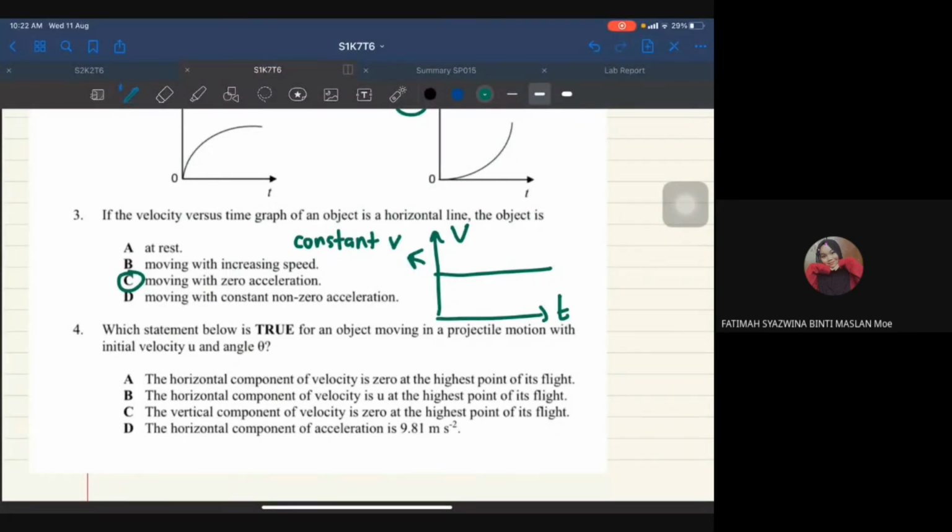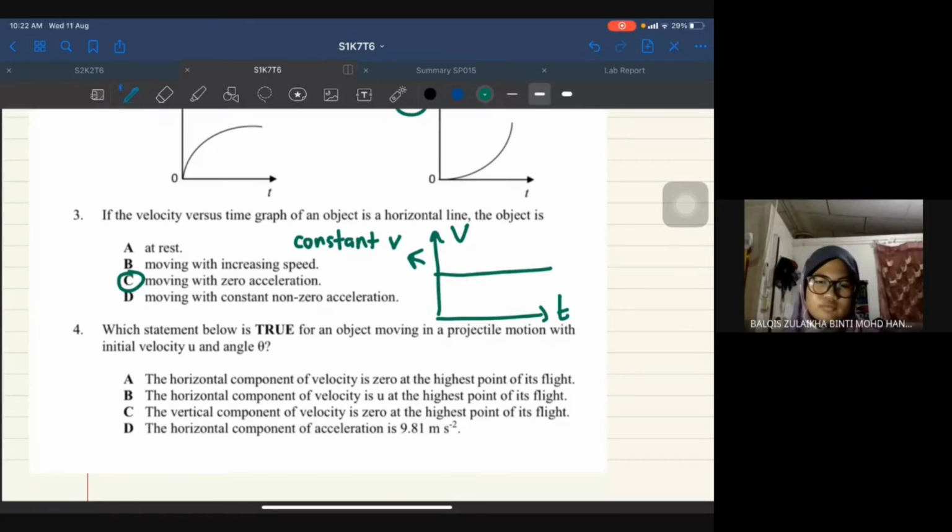Question number 4. Which statement below is true for an object moving in projectile motion with initial velocity at angle theta? C. The vertical component of velocity is 0 at the highest point of its flight. Okay, so ini kamu belum belajar lagi. Nanti kita belajar ni lah. Tapi maksudnya dekat sini,